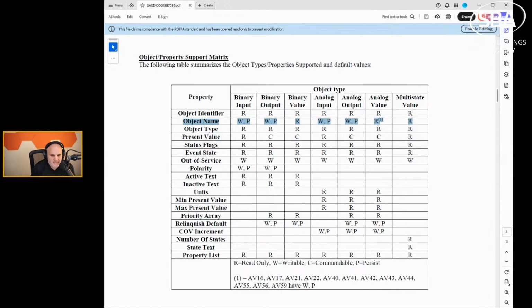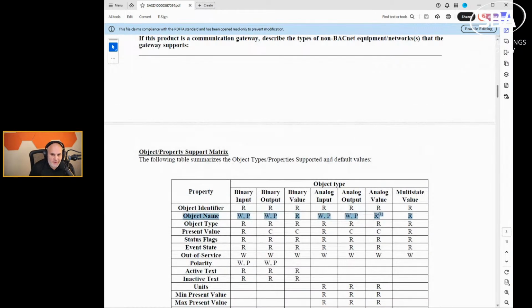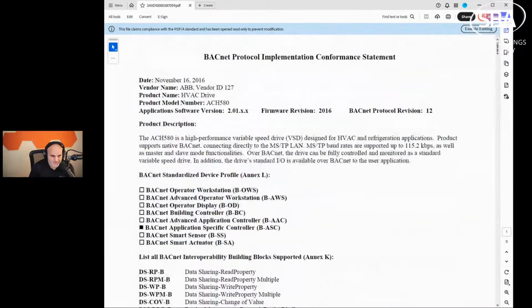So this becomes important for us because as you go into certain integrations, you may have to configure certain things in the integration, namely things like object name, namely things like an out of service value. So if the sensor fails, what value does it share so that potentially the system keeps running? So what we have here, and we're going to start at the very top, is first we have a BACnet